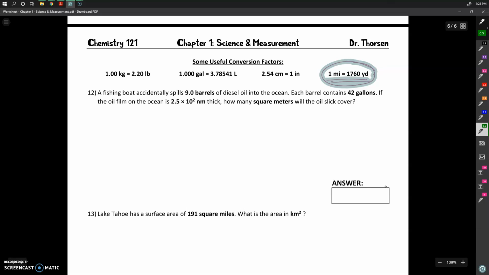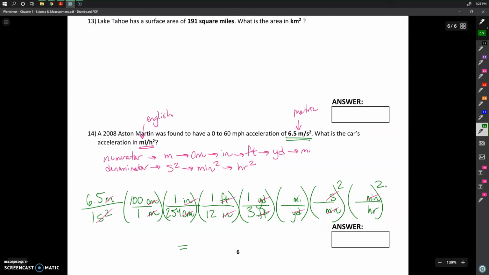So 1 mile equals 1,760 yards. So 1,760 yards and 1 mile. Then for the seconds and minutes, we are going to note that there are 60 seconds for every 1 minute, and that there are 60 minutes for every 1 hour. Notice that the number I put in there relates the seconds to the minutes. It's not the squared value because we're going to take care of the square when we go to punch it